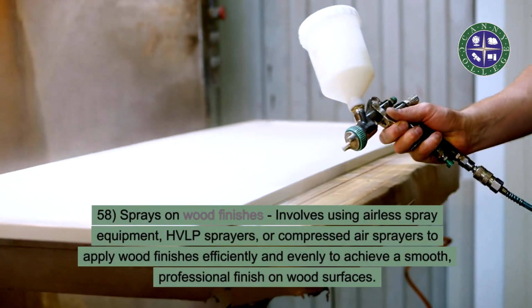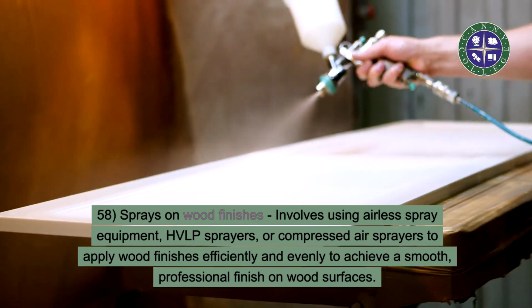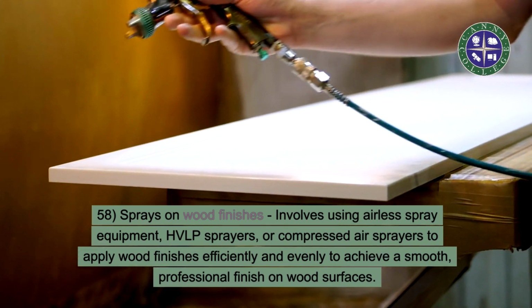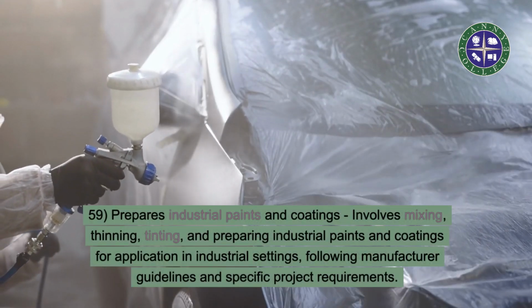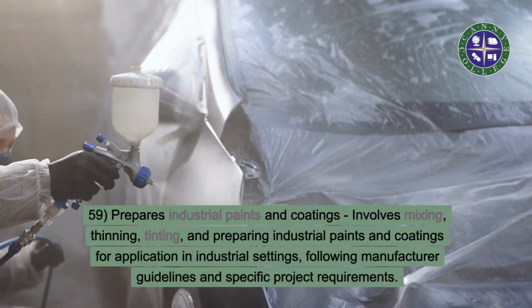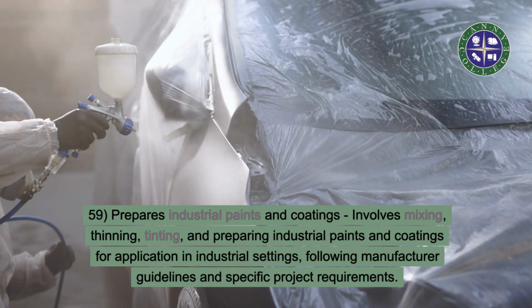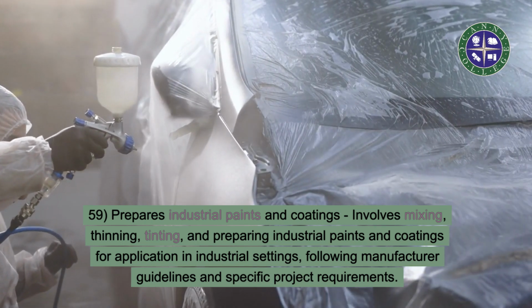58. Sprays on wood finishes. Involves using airless spray equipment, HVLP sprayers, or compressed air sprayers to apply wood finishes efficiently and evenly to achieve a smooth, professional finish on wood surfaces. 59. Prepares industrial paints and coatings. Involves mixing, thinning, tinting, and preparing industrial paints and coatings for application in industrial settings, following manufacturer guidelines and specific